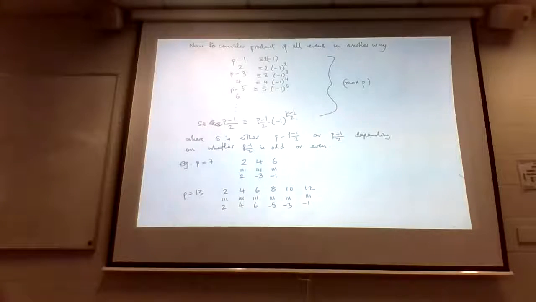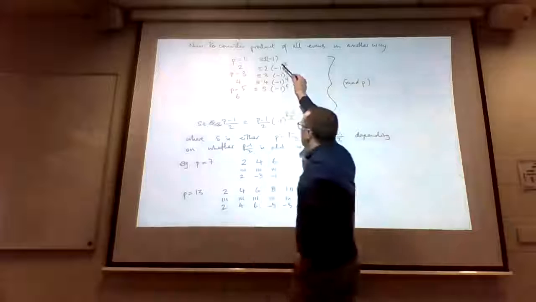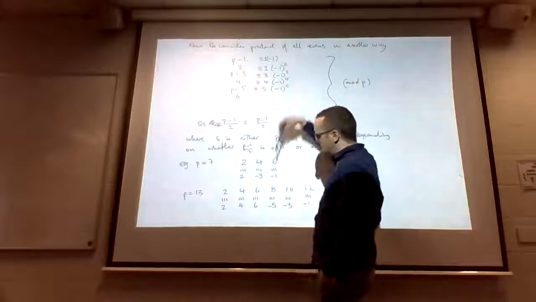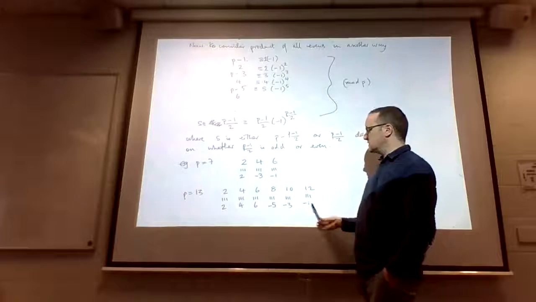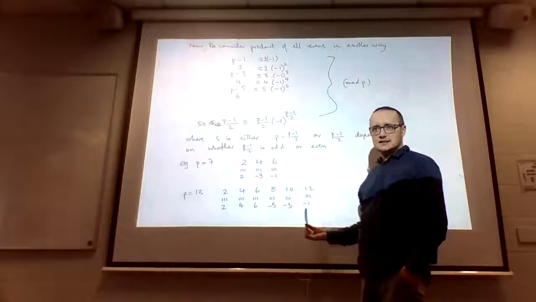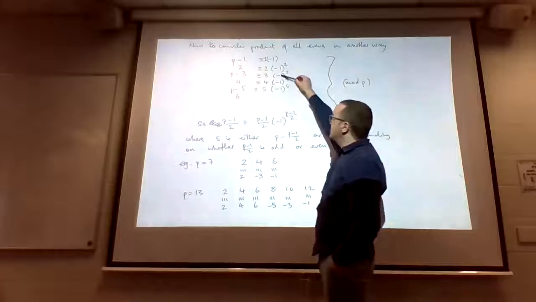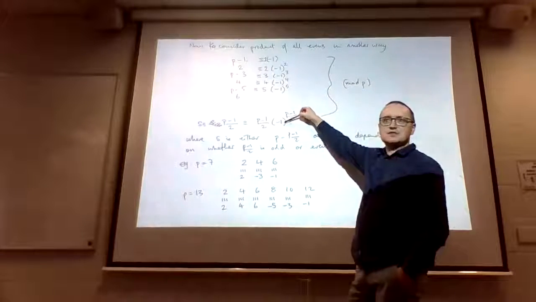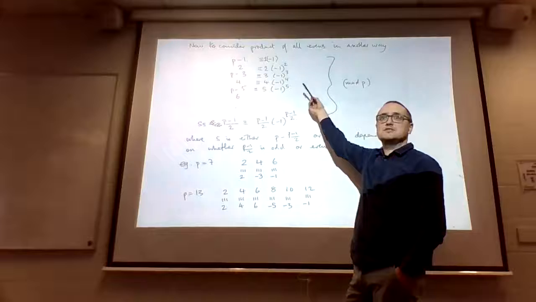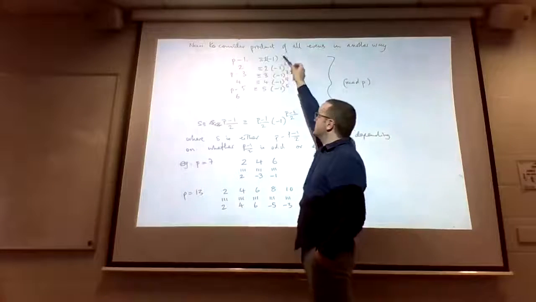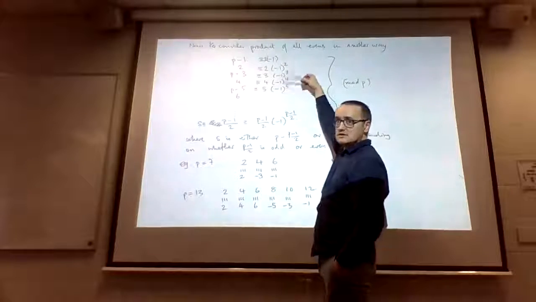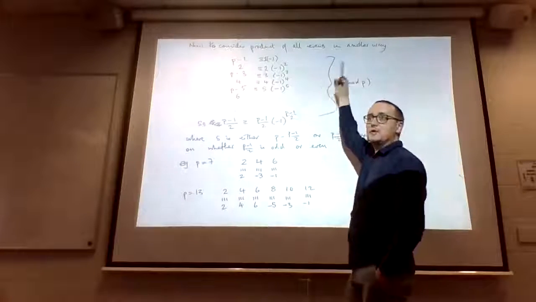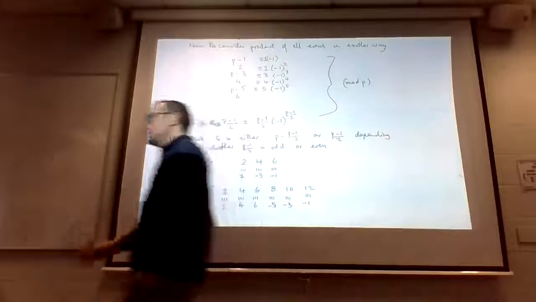But now what isn't really apparent yet is why I've represented these plus and minus signs. Here I've just written a plus sign against the early ones, a minus sign against the later ones. Why have I chosen this curious representation of a plus and minus sign? Well, you can see why it's true. Minus 1 to the 1 is minus 1, minus 1 squared is plus 1, minus 1 cubed is minus 1. You understand how it's working, but why did we choose that? Well, we chose that because